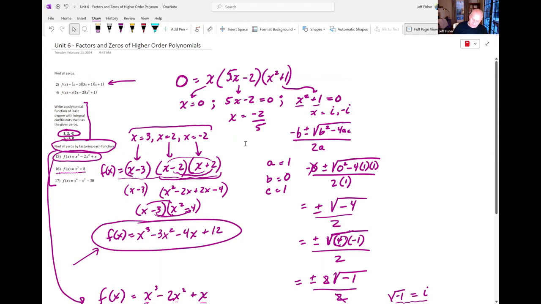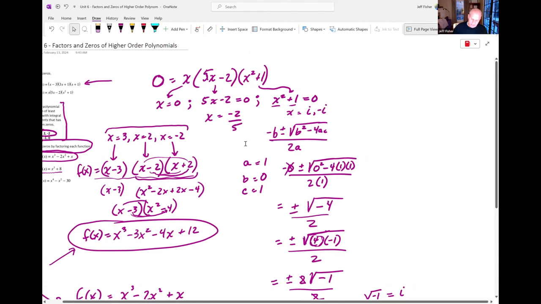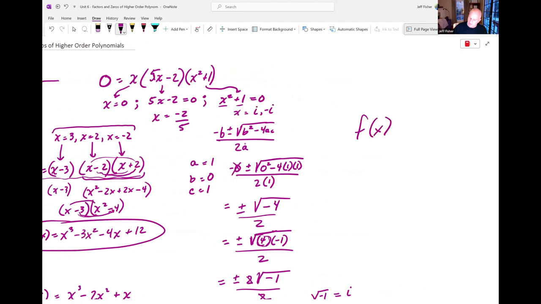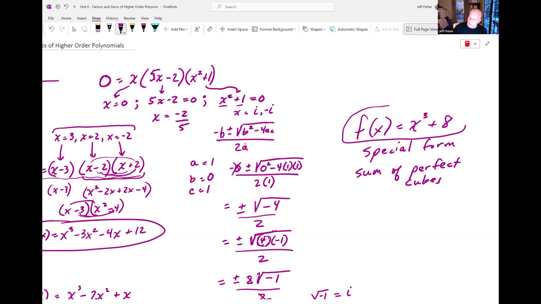polynomials. And again, this next one, x cubed plus 8, has a special form, which is the sum of perfect cubes. I wouldn't expect you to know how to do this, but you'd have to find it in like a book. So I don't want you to worry too much about this one on the worksheet. I'll go ahead and give you the answer for it. When you have a sum of perfect cubes,